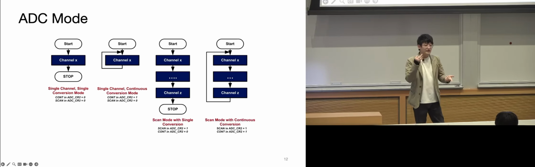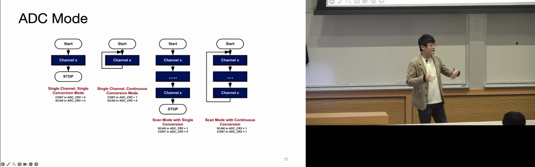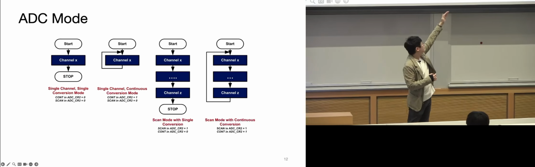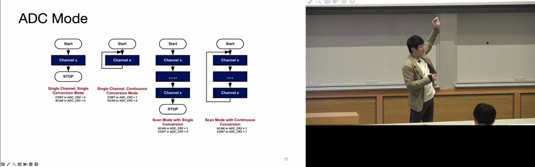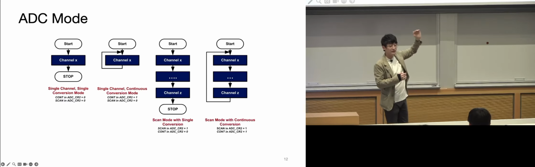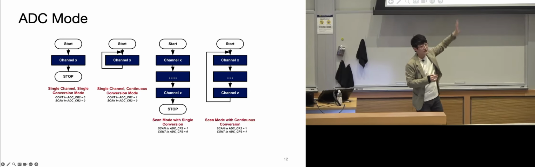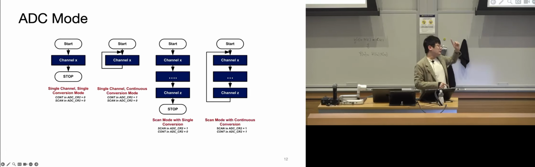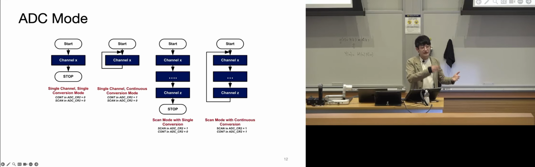Tire pressures, the engine oil, temperature, the various numbers of these things to check in a sequence. That would be what this type of scan mode would do. It would have them listed in sequence, and then you sample those channels one by one. For these ones, you have that one value you care about in your system, and you either do it once or you do it continuously, depending on whether that data is needed periodically or only once.